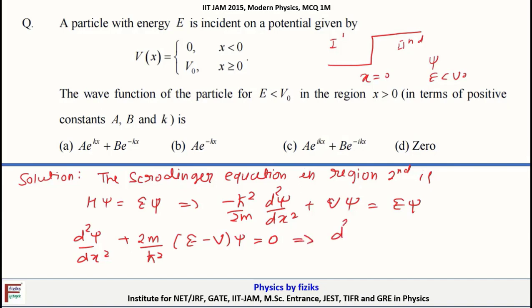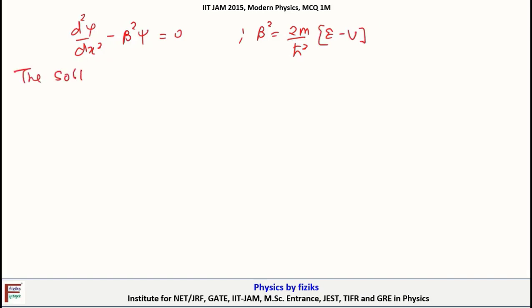This can further be written as del square ψ by del x square minus 2m by h cross square (V minus E) ψ equals 0, or del square ψ by del x square minus beta square ψ equals 0, where beta square is defined as 2m by h cross square (V minus E). The solution of this equation is